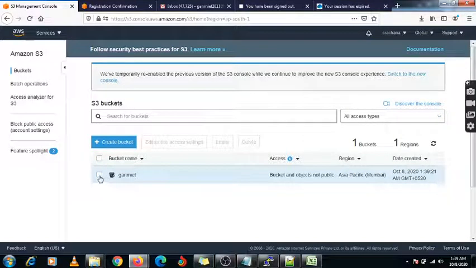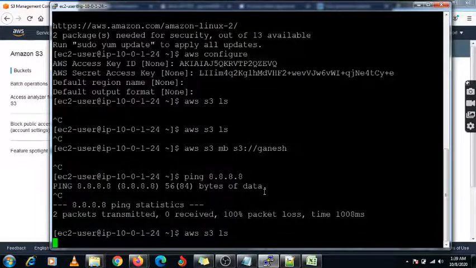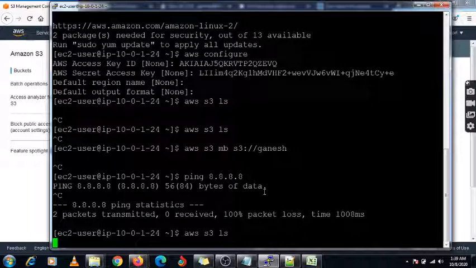Now you can see this bucket is created, and I am checking it again: aws s3 ls. Still it is not reflecting. Something went wrong because this command is not working at all.